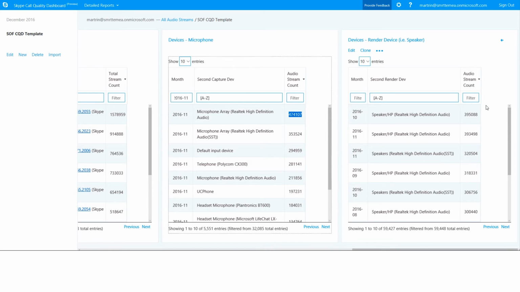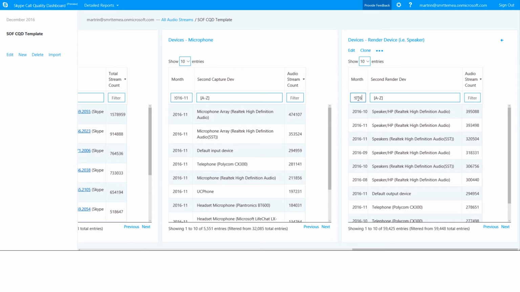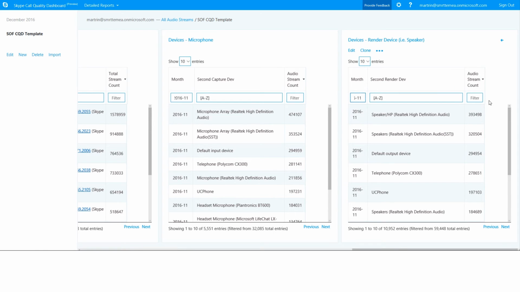The last report on this overview page is all about the render device, so the other end of the call, really the speaker that's being used. Similar concept here, we need to filter based on the month, so 2016-11. And then we should see the report being updated. And again, we can tell which devices are being used, and it's not a big surprise as we are using